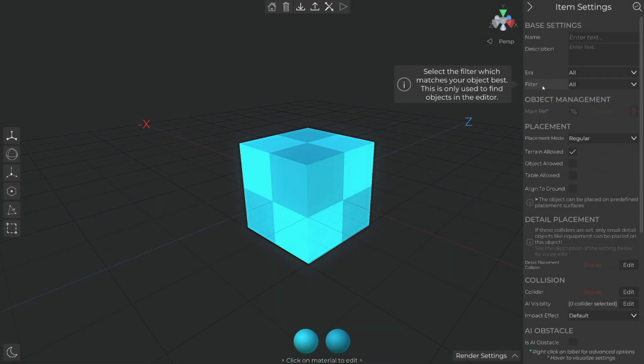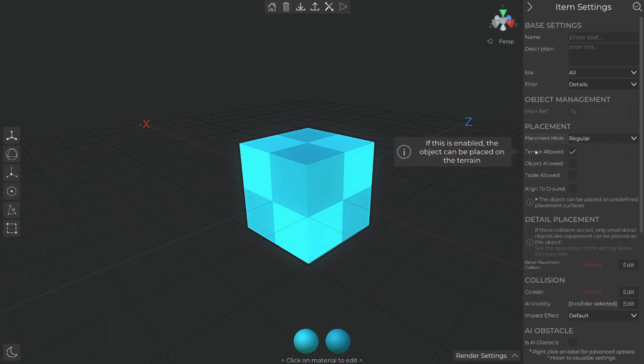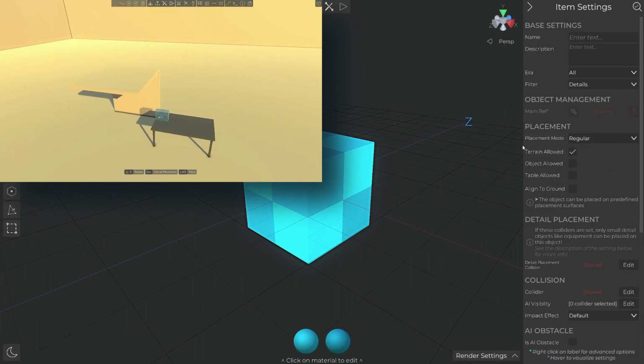In this case, we have an additional base setting to set the object filter. The main ref is read-only and selected when importing a file with multiple objects. Then there are placement settings which determine how the placement will work. There are 2 main placement modes. Let's start with the regular one, which is used for objects which can be placed on top of the terrain